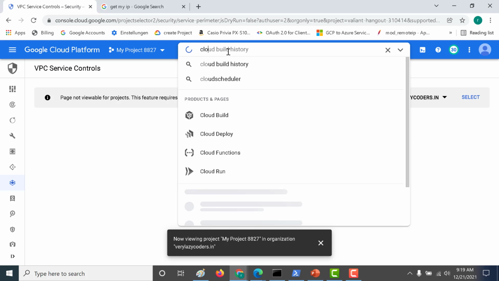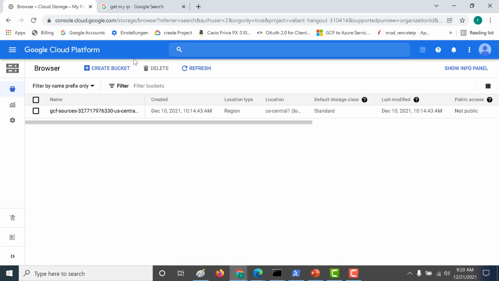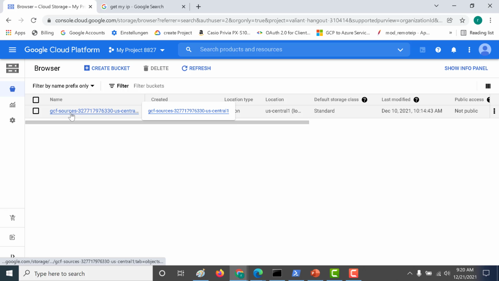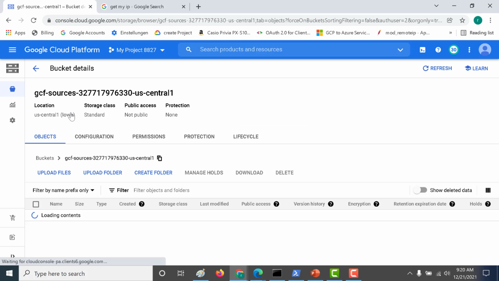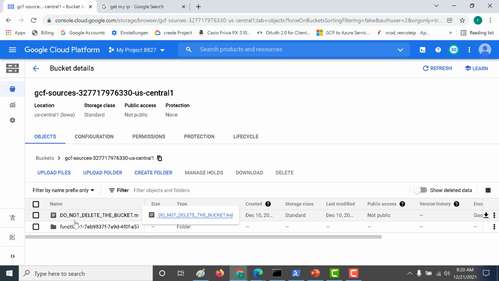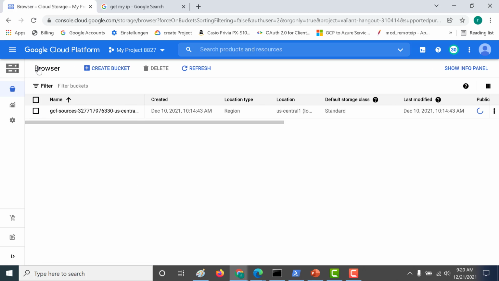Now you can see this particular file. You can just open this and everything is enabled for you. So that is the first way: using your IP address, you can enable your particular perimeter.